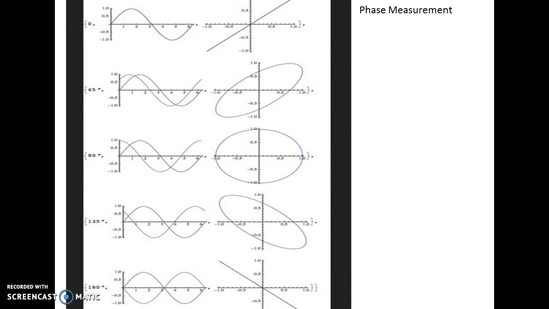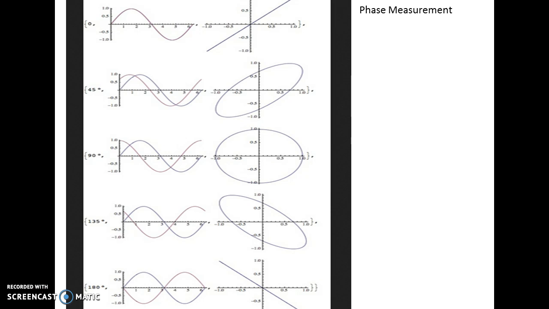Using Lissajous patterns, we can directly say the phase difference between the two signals and also the frequency of each of them. Lissajous patterns help us to easily identify the phase and frequency relationships of two signals. Generally, Lissajous patterns are used to know the frequency of an unknown signal as well as the phase difference with respect to a known signal.